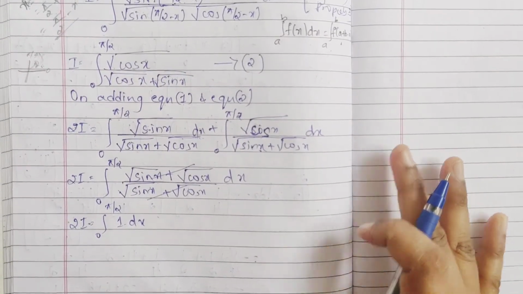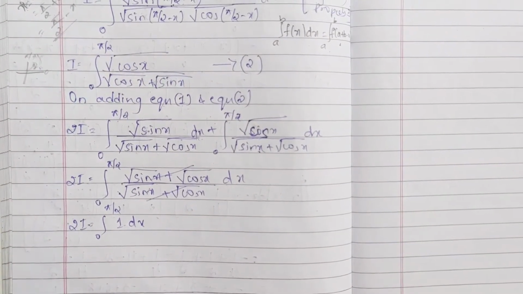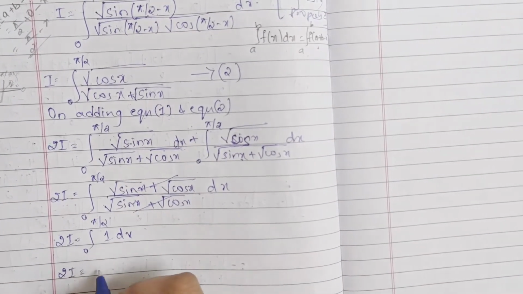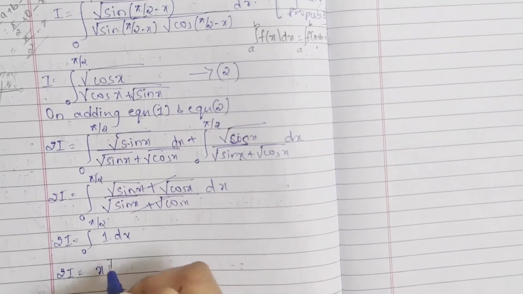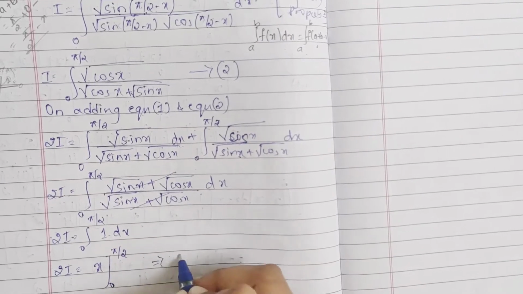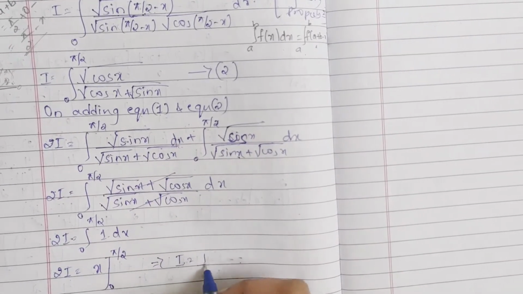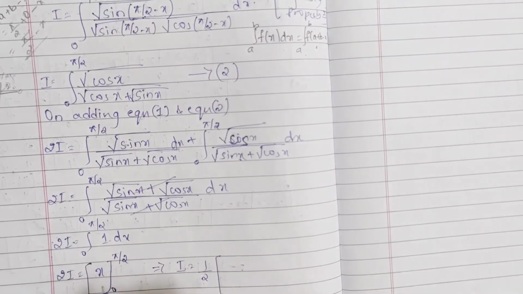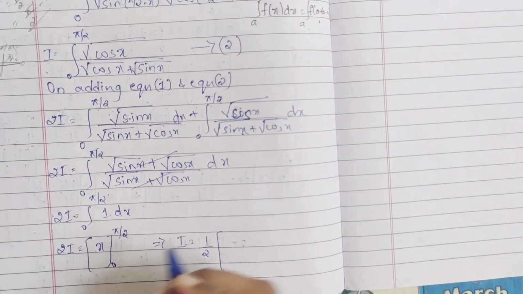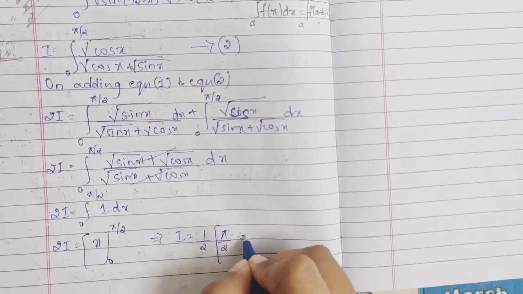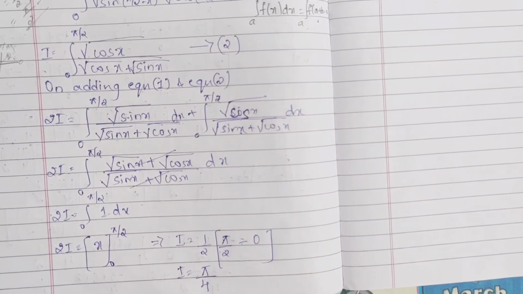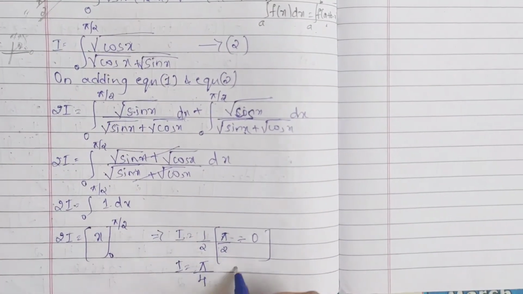1 of dx, like this you will get. So 1 with respect to dx, integration is x, right? So you will get 2I equals integration of 1 with respect to x is x, with limits from 0 to pi by 2. So we will get I, if I take 1 by 2 here, and you are having x. Now what you have to do? Apply your upper limit minus your lower limit. Upper limit is pi by 2 minus 0. So in short, you will get I is equal to pi by 4, right? So this will be your final answer.